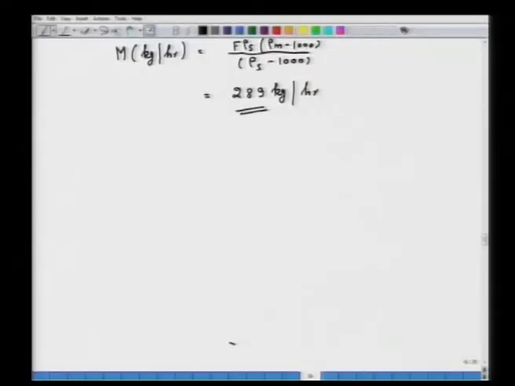Now, you are not required to calculate weight percent solid. Straight away it has been asked to calculate the mass flow rate of the quartz in the slurry, then you have to use this particular formula. All that you have to do is replace the percent solid in terms of the quantities which are given to you, that is the only difference. So, that is an alternative way, or whichever way you want to think.